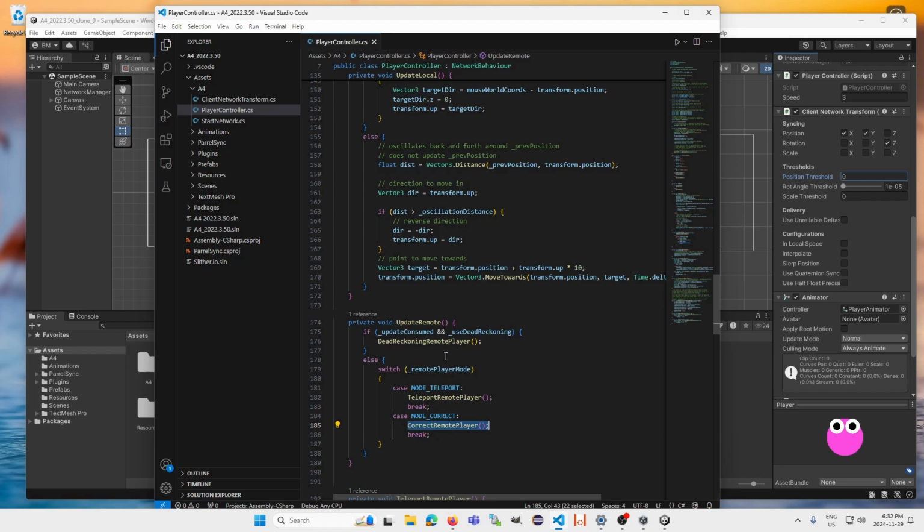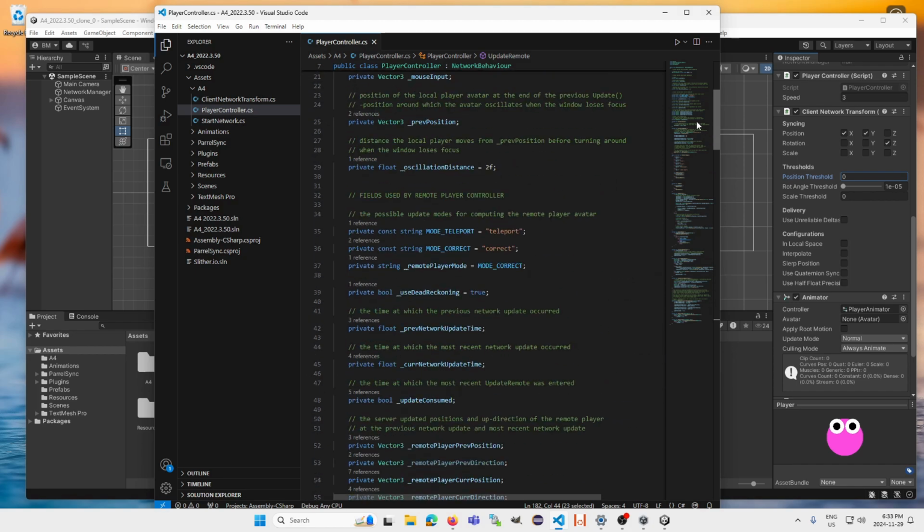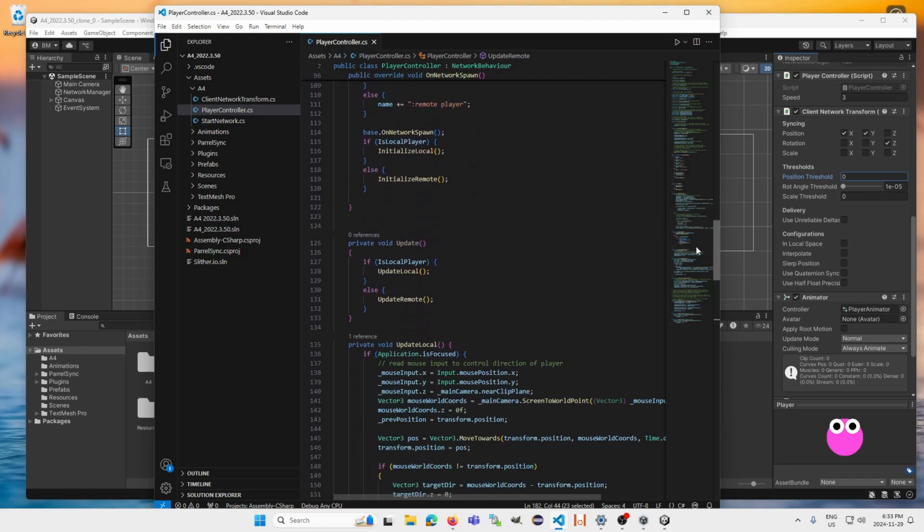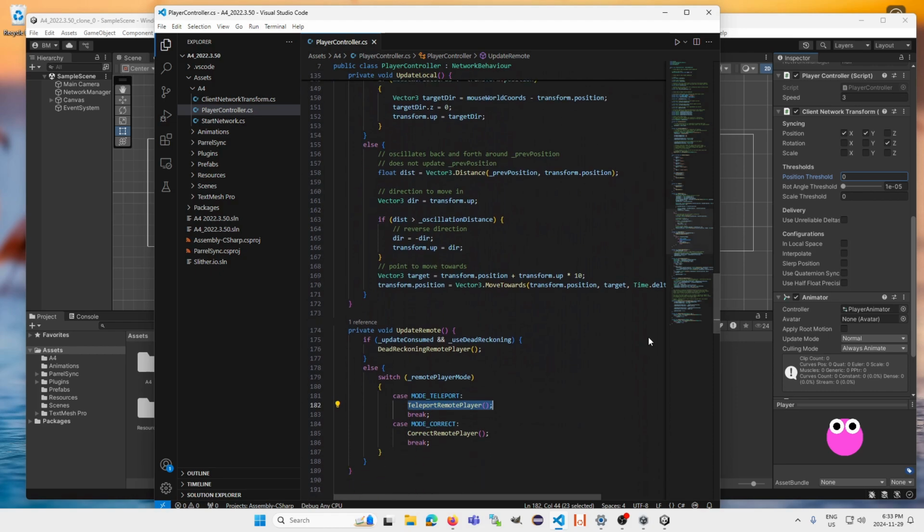And so you need to implement these 3 methods. I recommend you implement them in the order teleport, then correct, then Dead Reckoning. The assignment has pretty detailed instructions on how to implement these. All told, there's probably somewhere between 15 and 20 lines of code that you need to write. If you implement this one first and switch the mode to teleport and switch Dead Reckoning to false, you can test to see if teleportation is working correctly. Once you've got that working, you can implement correct remote player,